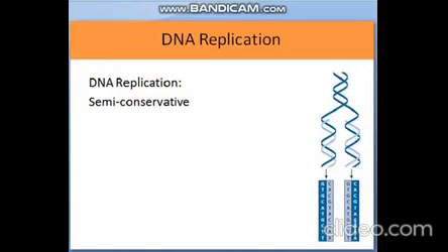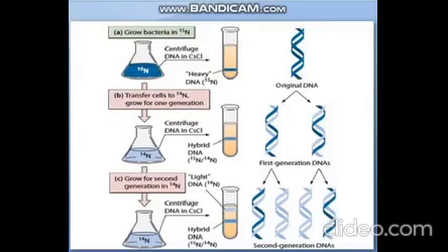So DNA replication is semi-conservative, as you all know. Semi-conservative means that one of the strands of the daughter cell's DNA will always be from the parent strands. Okay, here you see there are two strands. One will go towards one daughter cell, and the other will go towards the other daughter cell. So that's why we call it a semi-conservative method of DNA replication, and it was confirmed through this classical experiment